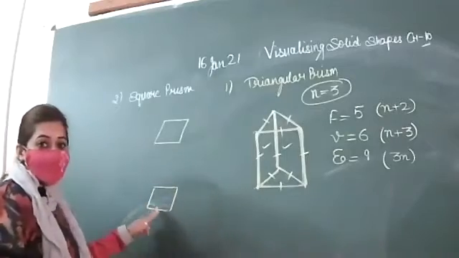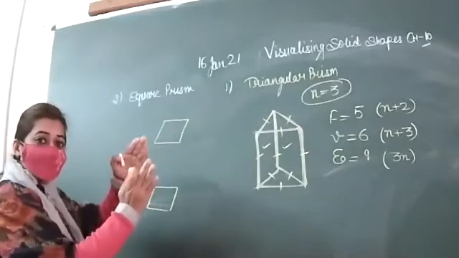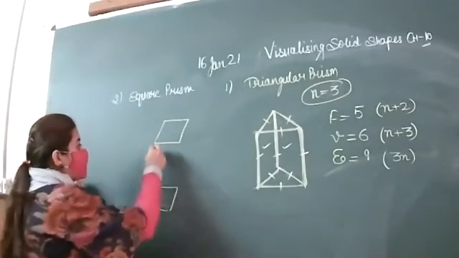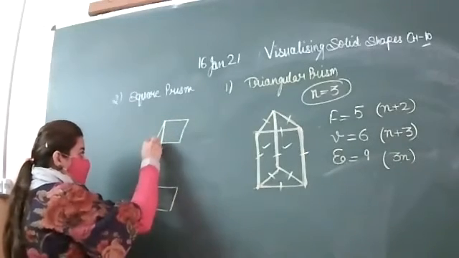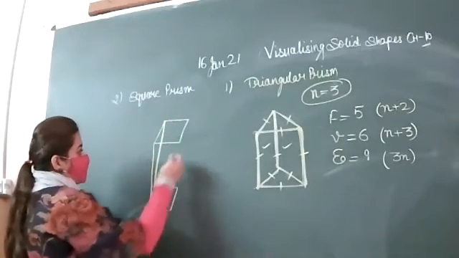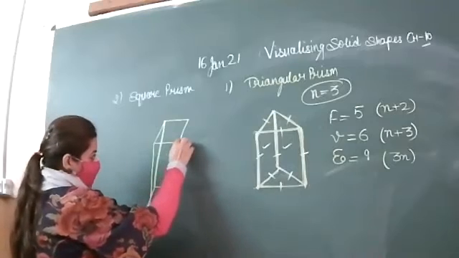Is it okay? So you will draw two squares, but in the slanting position so that you can easily join them. Upper one will be joined with the upper one. Lower one will be joined with the lower one. Now,